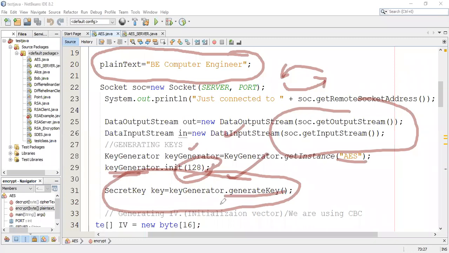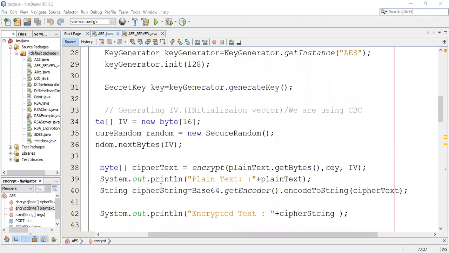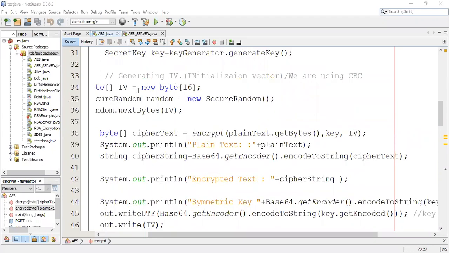Now go for the next one. Here is the vector generation, see the initialization vector. I have already told you, I have considered the 16, the 4 by 4, 16-byte array. This is the array that I have told you. That array contains how many? The 4 words. The 4 words, each word having how many bits? It has 32 bits. So the total becomes 128 bits. So this is my 4 by 4 matrix that I have already told you in the example.